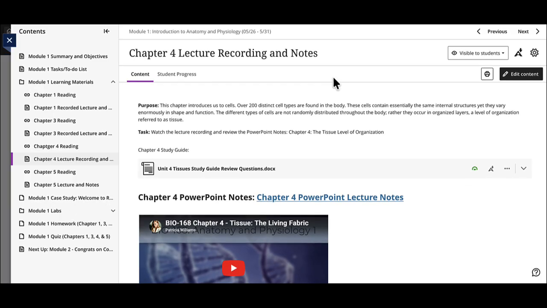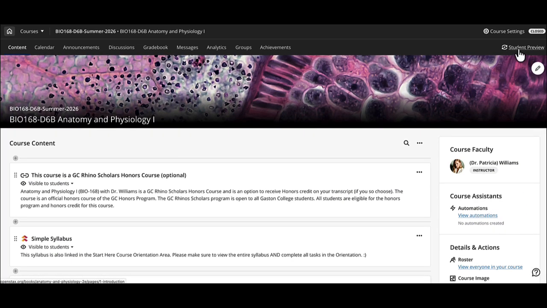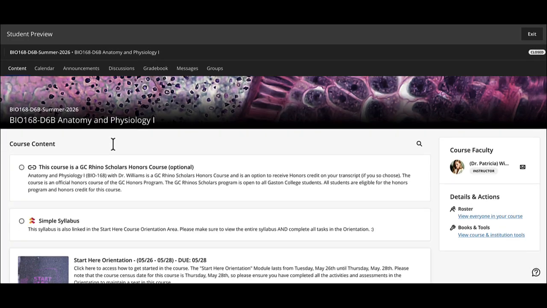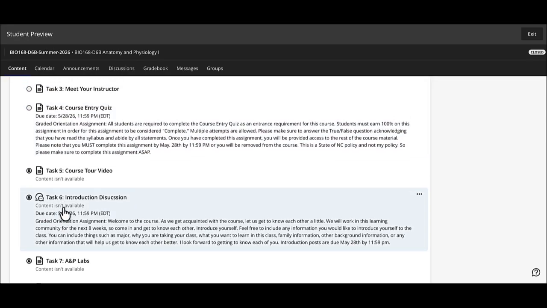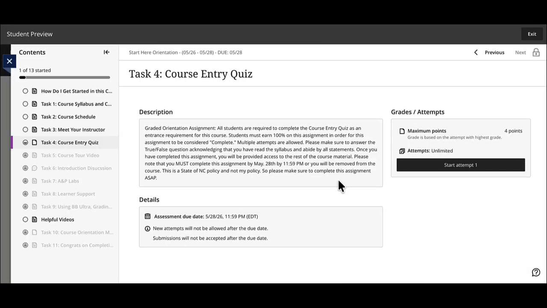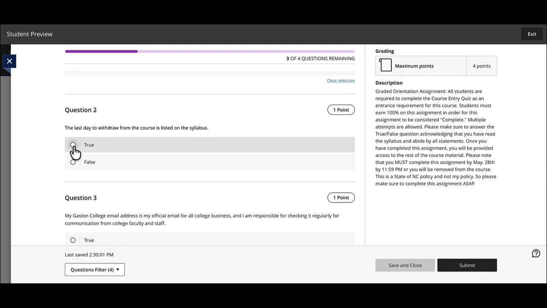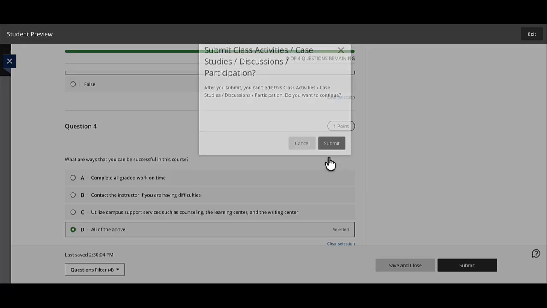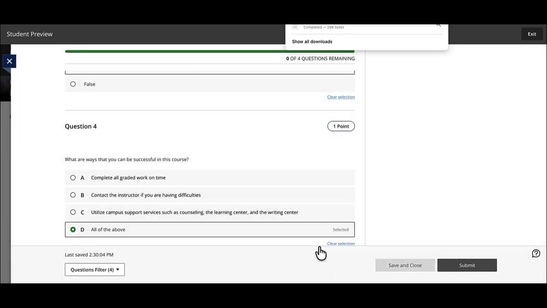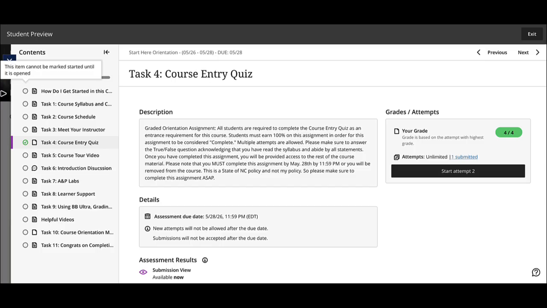The next thing, and I'm going to jump quickly to student view, just so I can show you what it looks like on your end. In order to do that, I need to take the course entry quiz really quick so you can actually see the rest of the course with me. Okay, so now we should be able to, all right. So now,